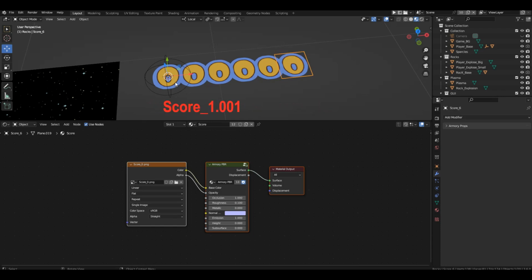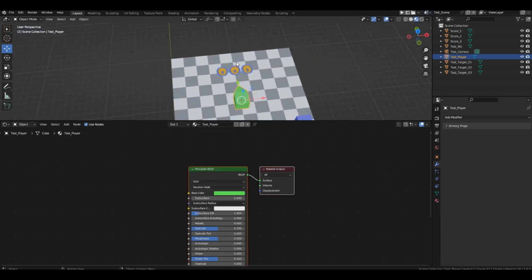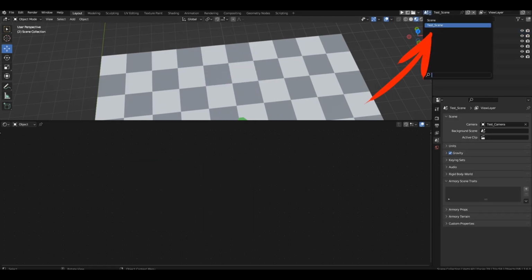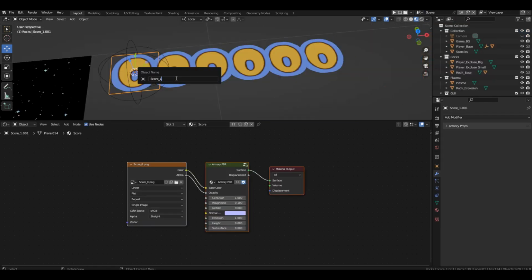If your objects stubbornly refuse to rename, it's because objects with those names already exist. In the previous lesson, we created objects with the names score 1, score 2, and score 3. We need these specific names. So, let's briefly switch to the test scene and delete the 3 digits from the screen. Then return to the main scene. Now you can confidently rename the new objects.